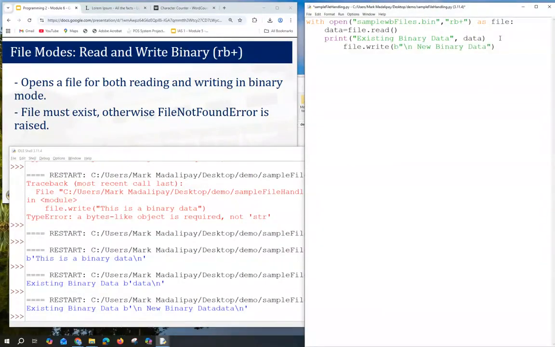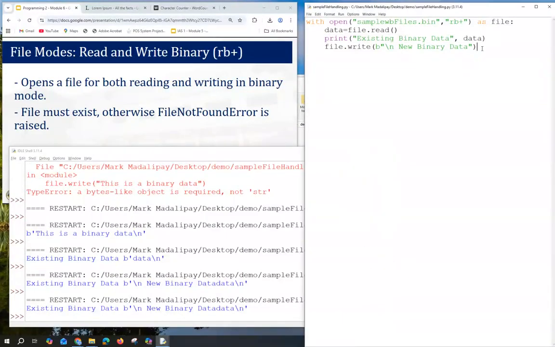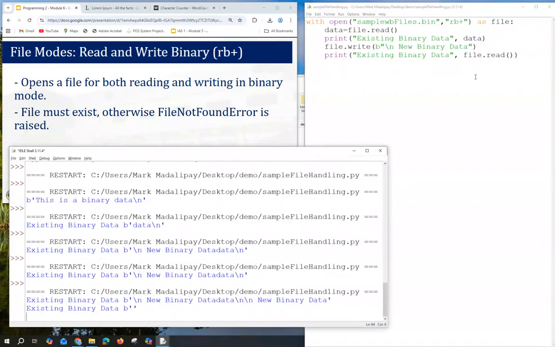Then let's try to write, save file. Save.